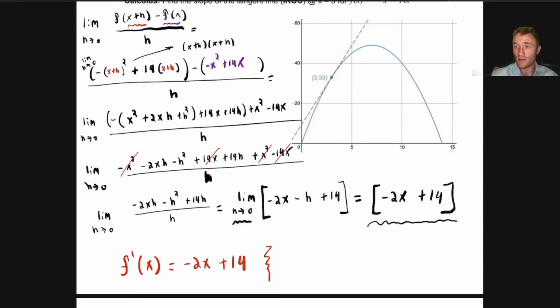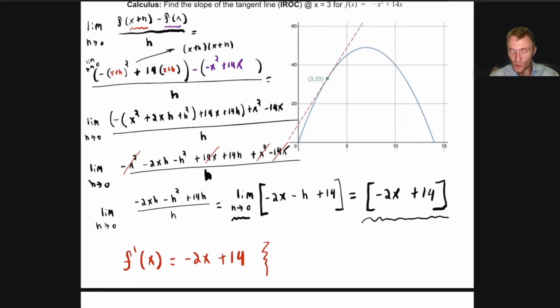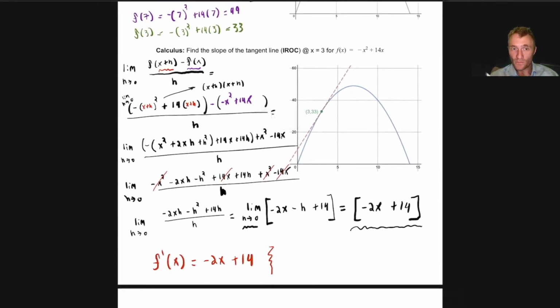And what's crazy about that, right? Zoom way out and let's talk about what we've done. We started with a general equation for slope. That's this. We started with a general equation for the slope of a line, change in y over change in x. We found the limit as the change in x, which we're calling h, approaches 0. We work all that out and we get negative 2x plus 14. That equation will tell you the slope of any tangent line you want, including the one we were asked about,